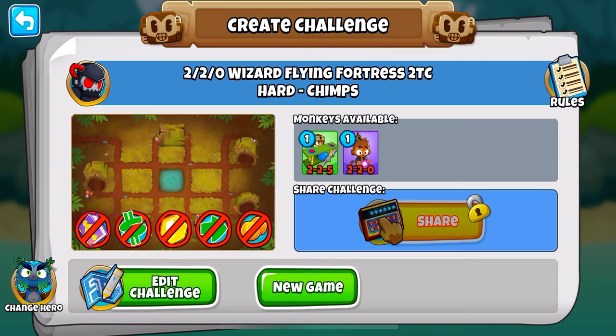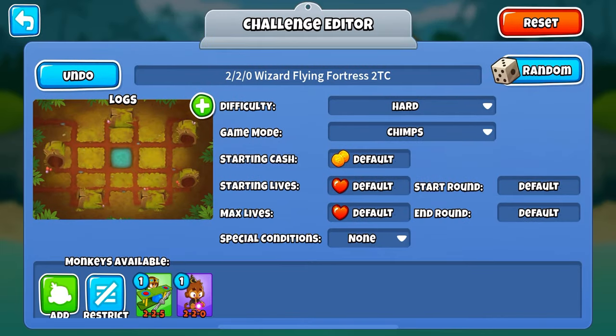Today I have for you a Two Tower CHIMPS challenge video regarding update 43 of BTD6. So I'm going to be attempting with a second tier wizard and a flying fortress to beat Chimps mode with no other towers. Let me just show you the